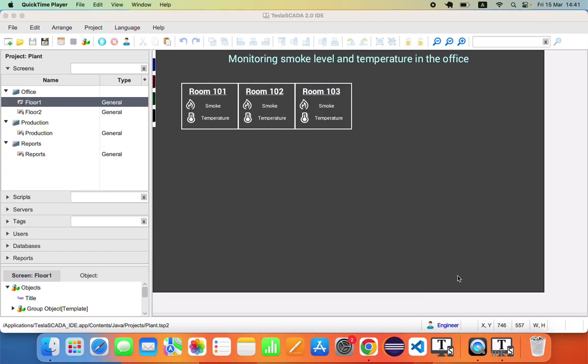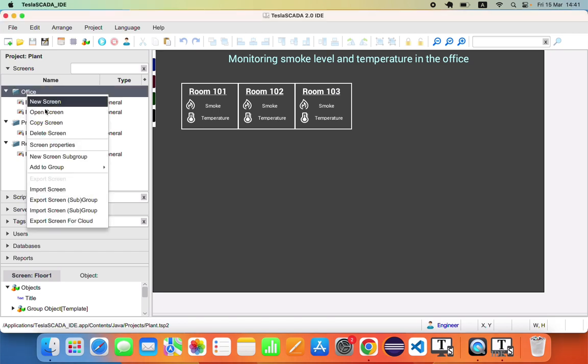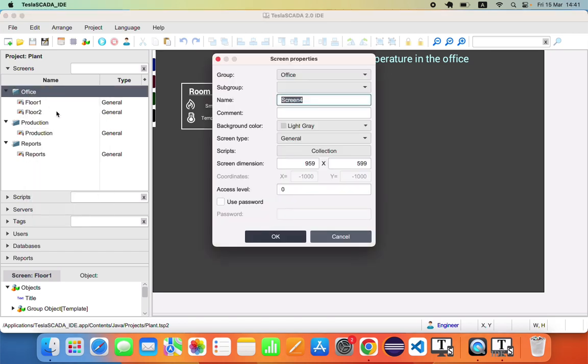And let's implement the following condition. When you click on a room, a pop-up window appears, on which we will later add the necessary information. First of all, let's create a new screen of the pop-up type,